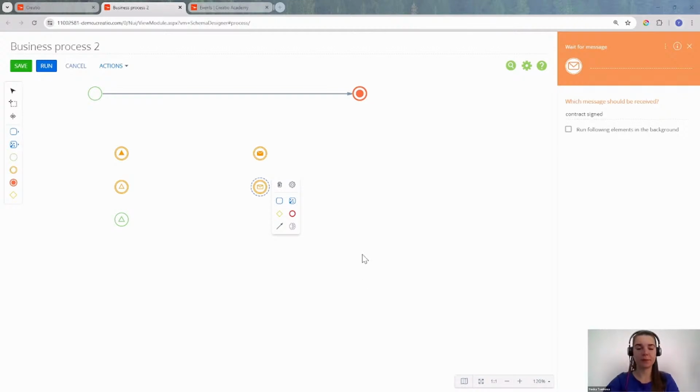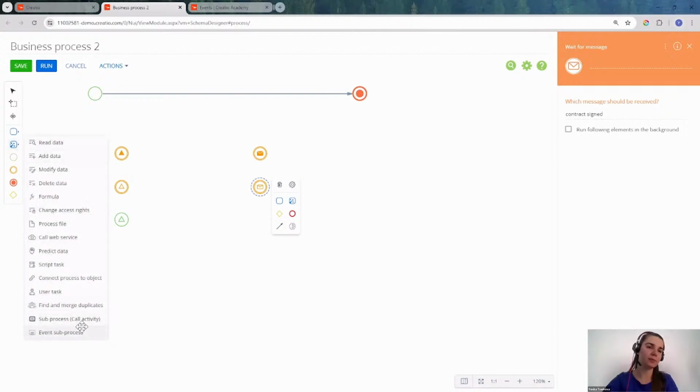And another thing I mentioned about the event subprocesses. So here, the difference is we cannot start another process, but what we can do is create a kind of sub-process within the current business process. And how do we do that? Under the system actions, we have an element called event subprocesses. So if I take this element and add it here,